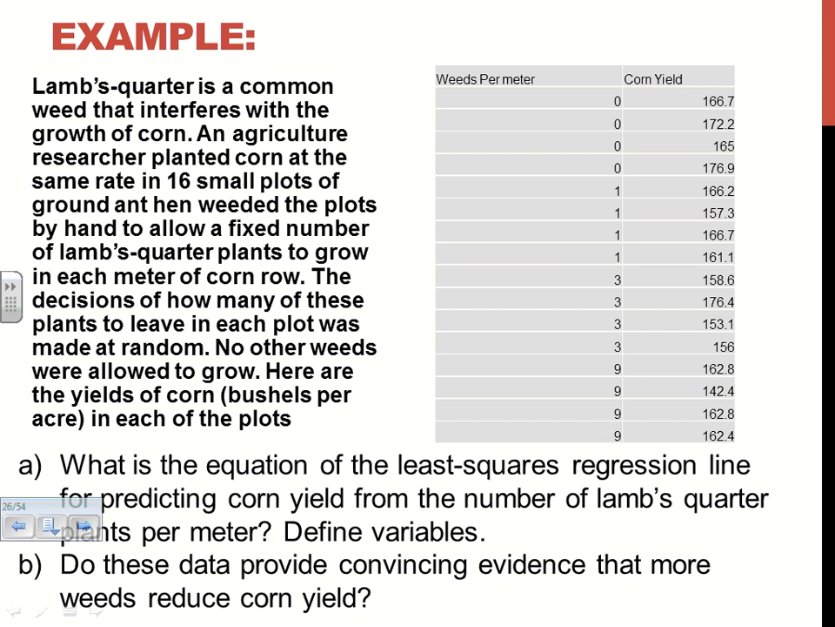So here's one for you. This one we could do in our calculator because we have the two lists. Lamb's quarter is a common weed that interferes with the growth of corn. An agriculture